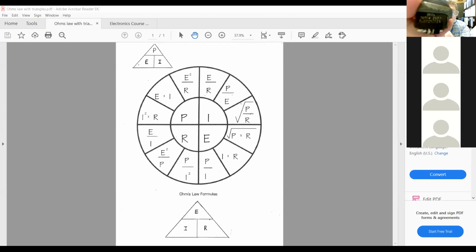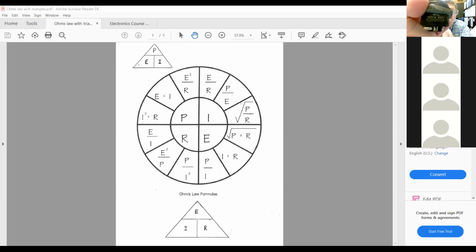So it'd be 1.4 or 1.5 if rounded to the tenth. Which formula did you use? P over E equals I. Right. P over E equals I. And then what number did you get? 1.4583333. 1 point something? Yep,